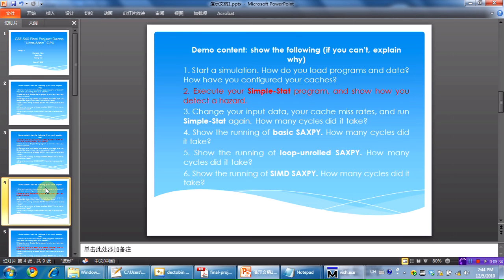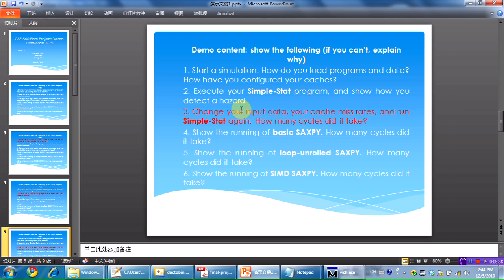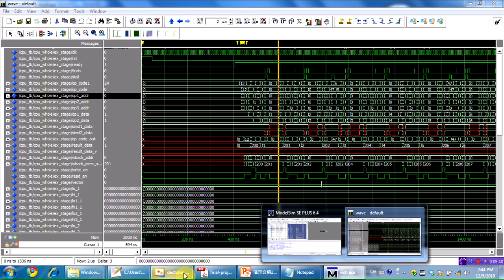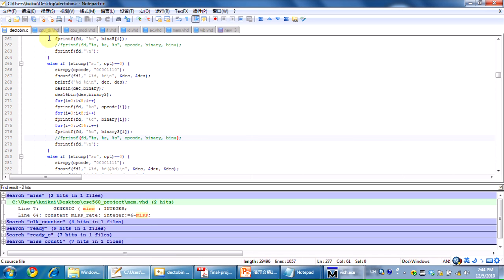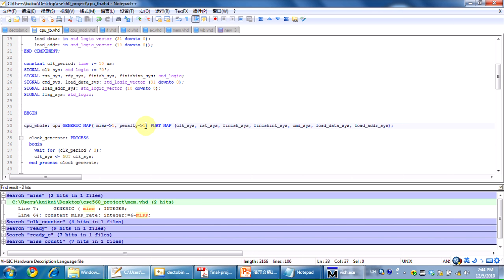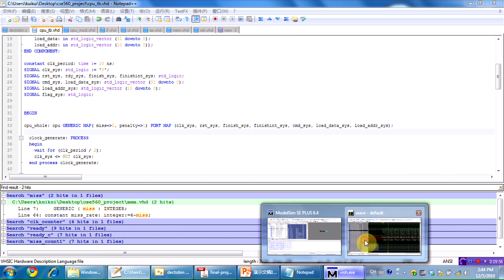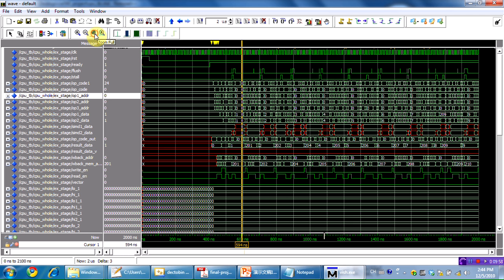Okay, so the next is step 3 of our demo. It's called change your input data, your cache miss rate, and run simple state again. How many cycles did it take? So right now our miss rate is set to 1, and our penalty is set to 1. So let's run this